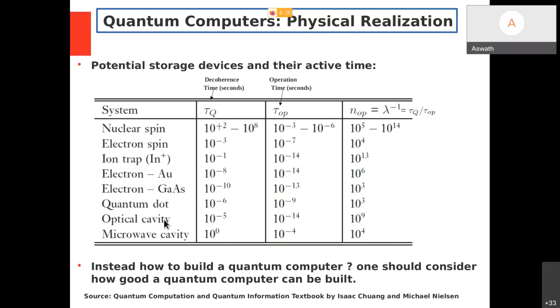Okay. There is something called an optical cavity. If I take a photon and send it into a cavity consisting of mirrors, like a Fabry-Perot cavity, the photon will go back and forth between the mirrors. So at a given time, the photon can exist in multiple states: the pattern of the standing wave, or the polarization, or anything else. Those possible states could be used to realize a qubit. So an optical cavity is also a good resource for realizing a qubit.